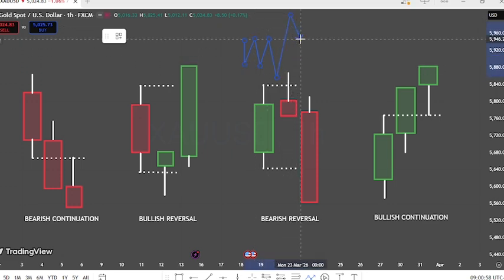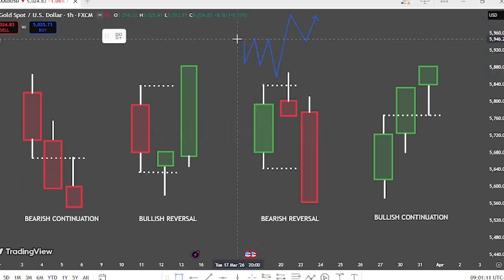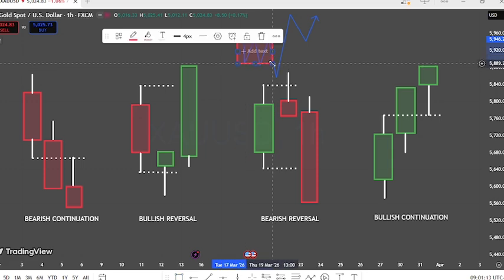Price goes high and retests the resistance that was turned as support and starts going up, right? So this phase is the manipulation phase,